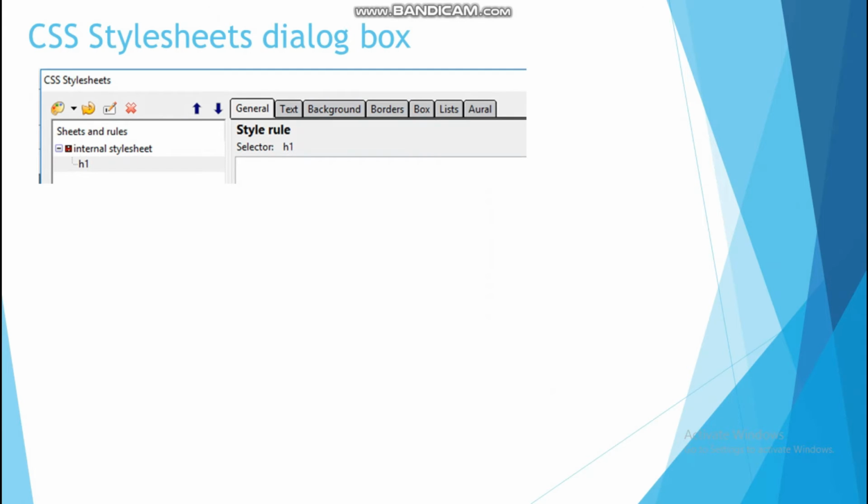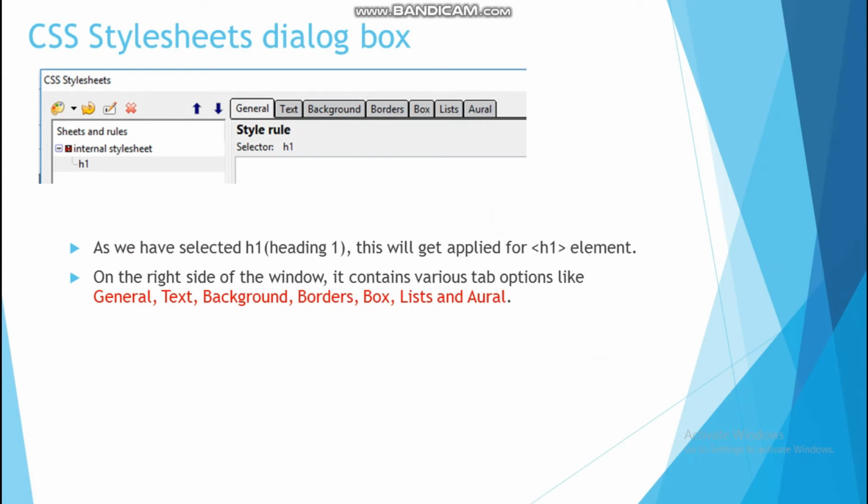So here you can see we have selected the H1 tag. So on the left part it shows the H1 element here. On the right part you can see various tabs are given: general, text, background, borders. All these tabs are given. So as we have selected H1 or heading 1, this will get applied for the H1 element.